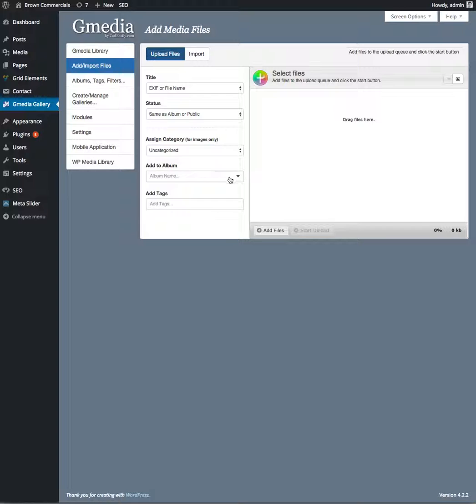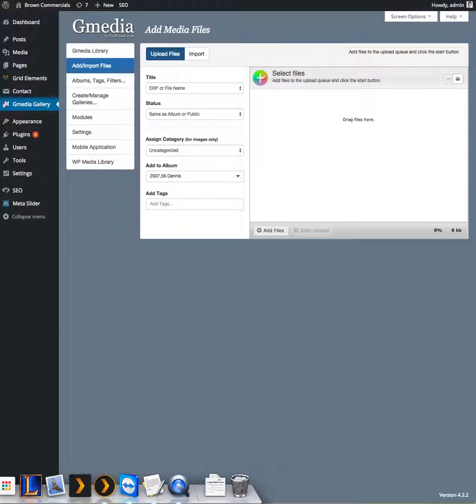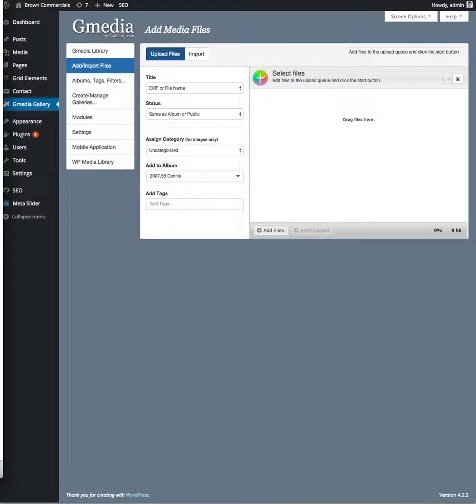So the first thing we need to do is select the album we want to insert these pictures into. This is the only listing because this is the only album we've got, 2007-56 Dennis. So that's the album selected. We just need to tell it what files we want to upload and then start the upload process. So I'm going to select the folder with the files in it that's just outside this window, and